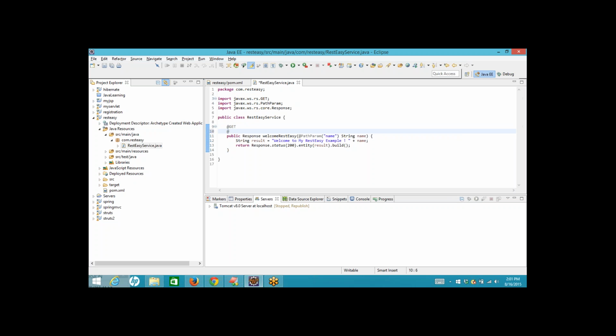We can just say at the rate of path, what we are passing? A parameter. What is the name of the parameter? Name. So whenever we are passing a parameter in the URL, then it identifies